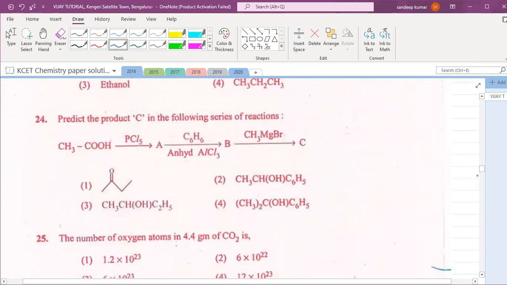So C is nothing but (CH3)2C(OH)C6H5. The second option is correct. Next,